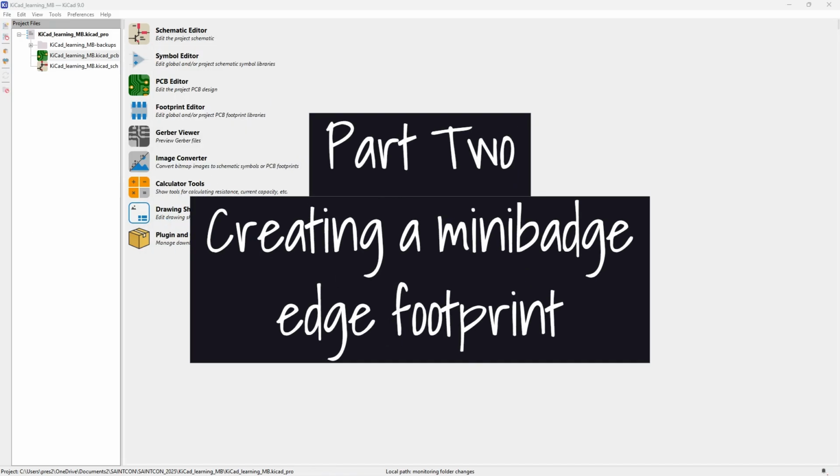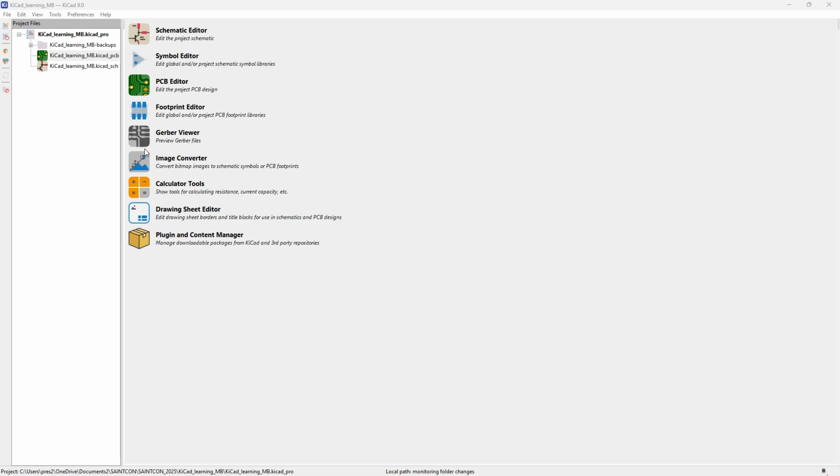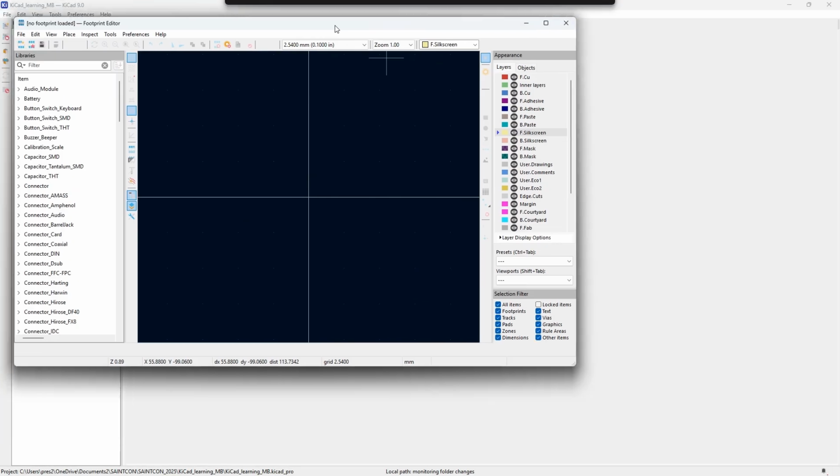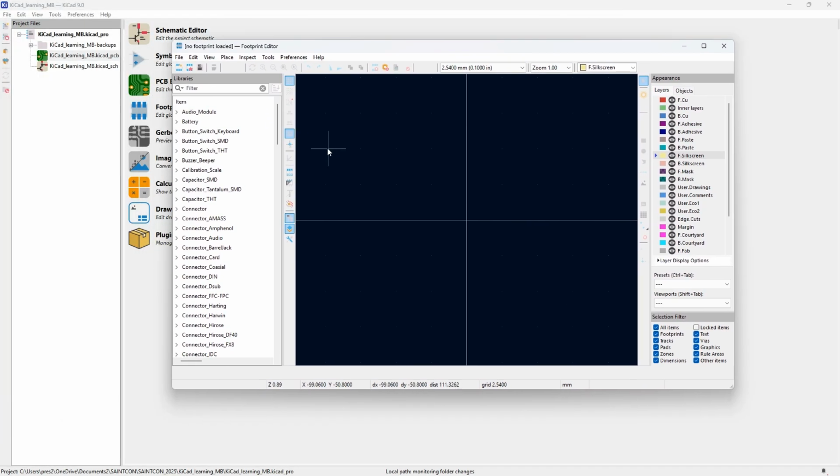Okay, welcome back. From the last one, we just built up our basic circuit. Now we're going to get into doing a custom footprint. Might take a sec for it to load. If you're running multiple screens, it might go on the wrong screen. For sharing. So this is what we'll be looking at here,